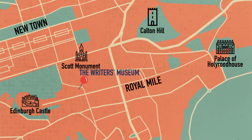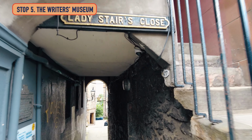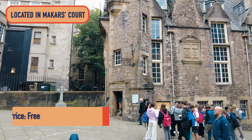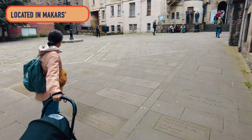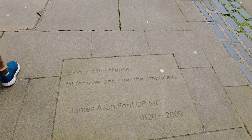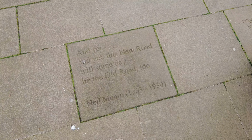Now we're heading to the Writers' Museum. This is right next to Gladstone's Land. And this Writers' Museum is cool because it's a free museum, and it's in a square where they have famous literature, famous quotes out on the ground. And also at the Writers' Museum, they feature writers of famous Scottish writers like Robert Burns and Sir Walter Scott